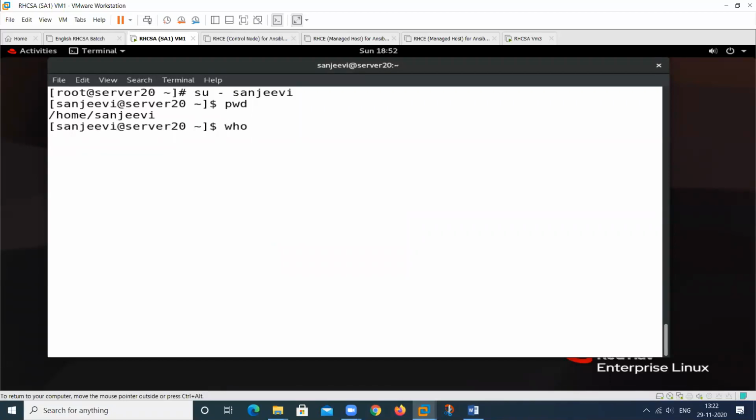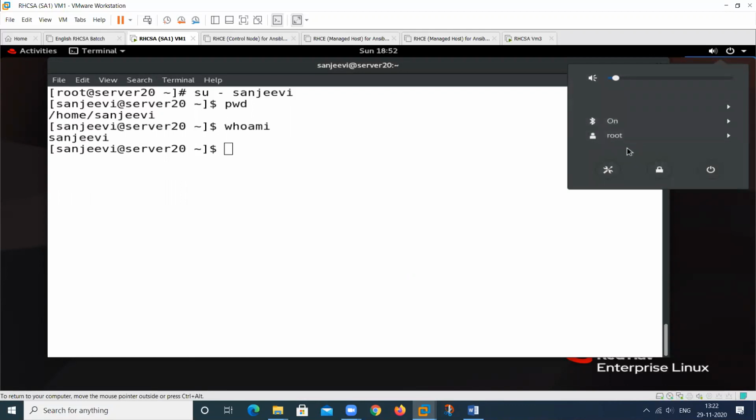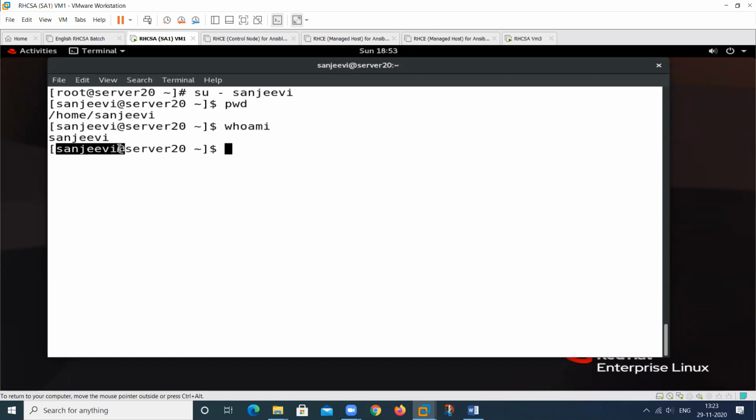So I type whoami. This will show me the information of the current working user. This is my current user, and you can see here, this is my root user that is physically logged in, but it does not show me this particular information, because this is also working currently, but on the physical machine. But at this particular virtual console, this user is working. So this will show me the information about this particular terminal, this particular console. That can be physical, that can be virtual. So this is a virtual console in which this particular user is working.